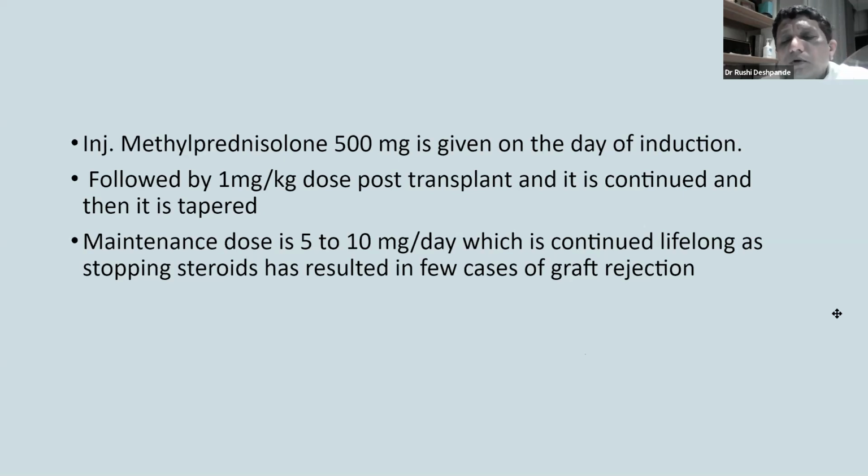So all these protocols which speak of steroid avoidance and early steroid withdrawal sound very great, because when I show you the side effects of steroids, you will all wish that we used steroid-free protocols. But the risk of acute rejection or graft loss goes up by almost 10% in these patients when you read the fine print over a 3 to 5 year period, and that is significant in our population. So one patient out of 10 losing a kidney because you are not giving him steroids, something to think about.